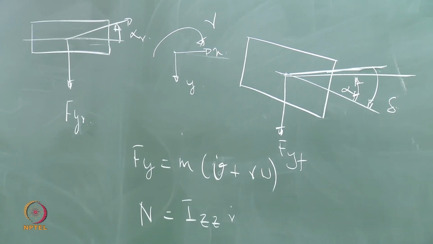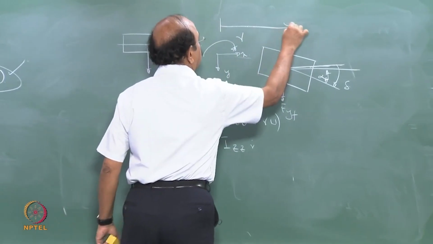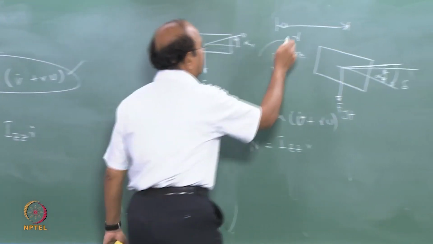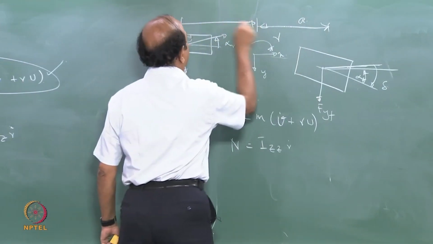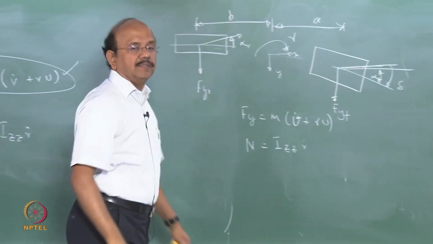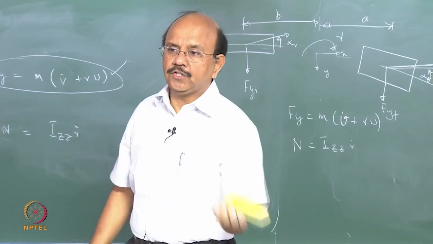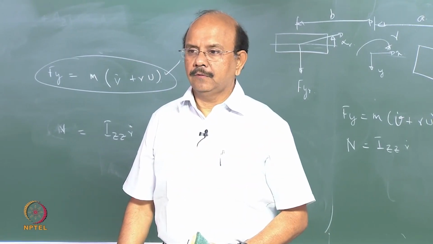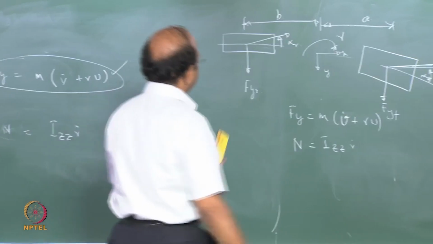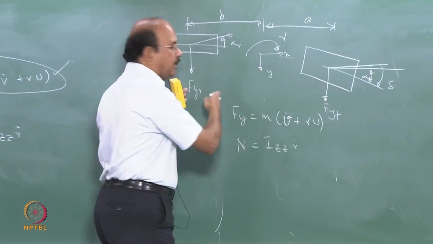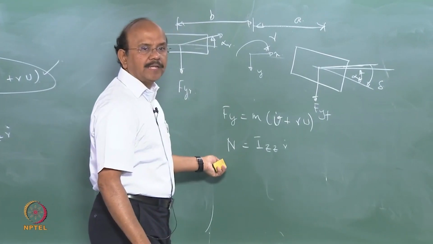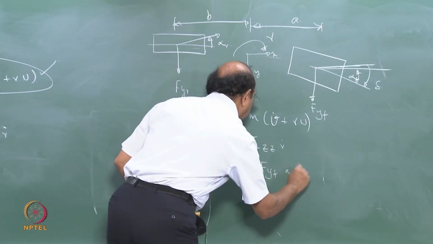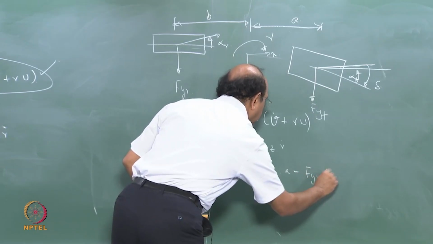Let me call this L1 and L2, or rather A and B, because in the lateral dynamics literature, the distance of the CG location from the center of the tire is A, and that's B. So A times FYF minus B times FYR is the moment that is acting. So N is equal to FYF times A minus FYR times B,